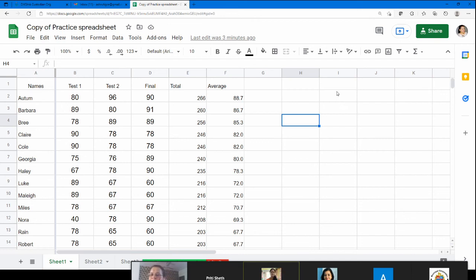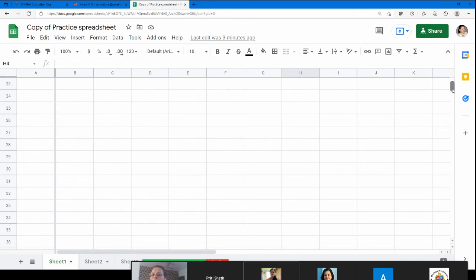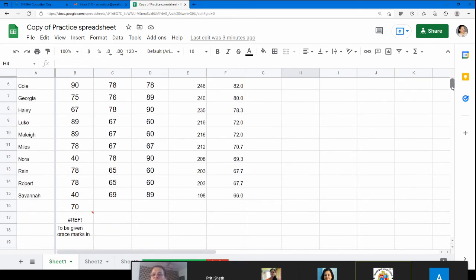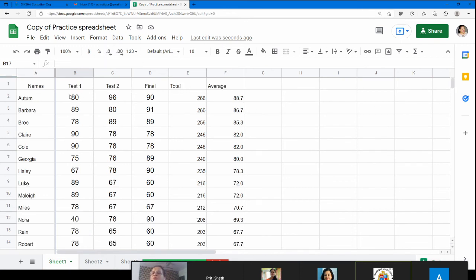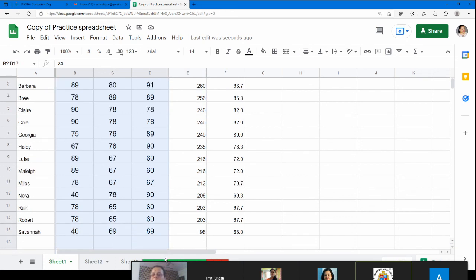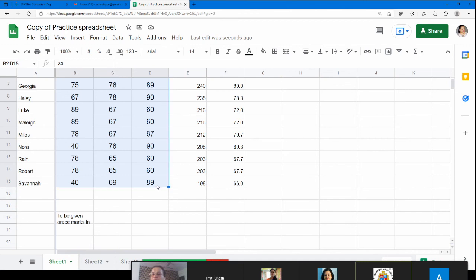So now we have to do conditional formatting. When I look at these scores, I want to see all those students who have scored 40. First of all, I have to mark this whole range, because पूरे के पूरे में I want to look. So I want to look from B2, we don't want the total, we want only this till here.